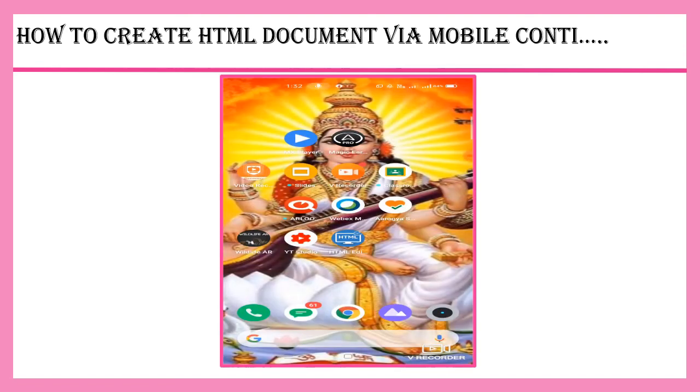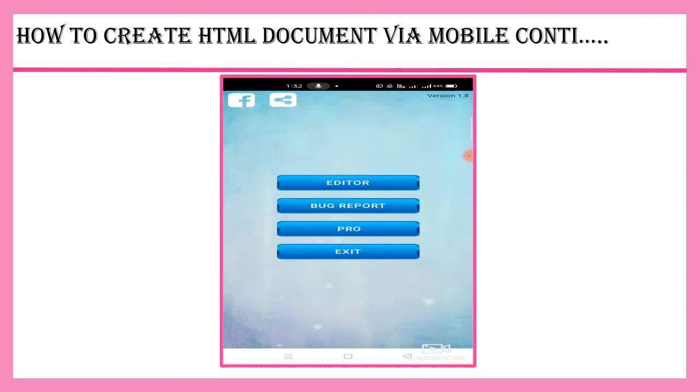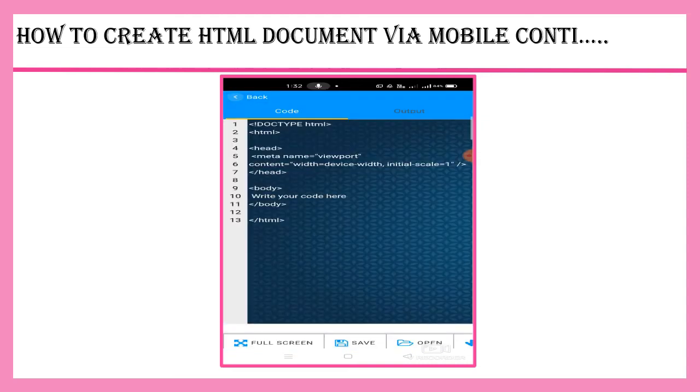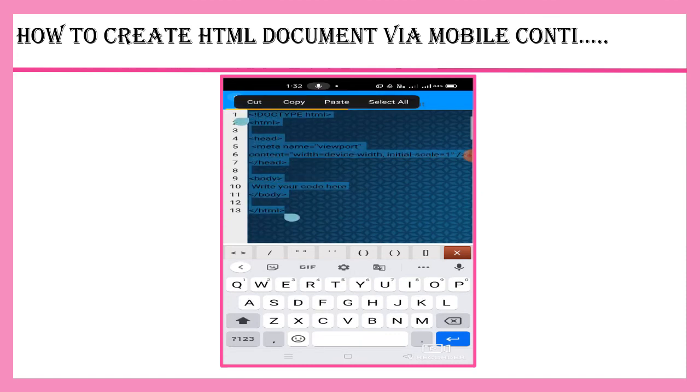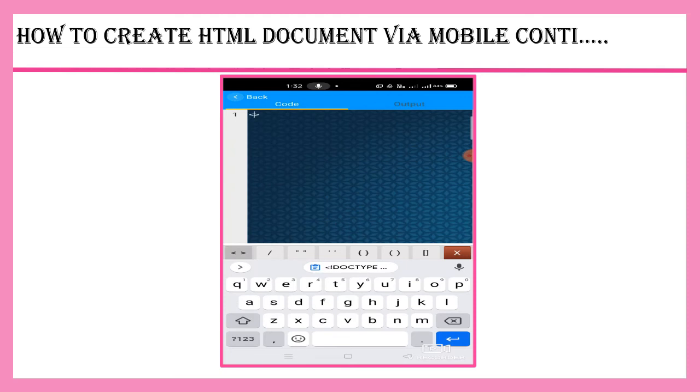In order to create a HTML document in your Android mobile, as I said earlier, you have to install the HTML editor from the Play Store. Now select the app. Are you able to see this screen? Select the editor. By default, it is showing this coding. Select this and erase this, children. Now you can create your own HTML document. Every HTML document should begin and end with the HTML tag. Now here I am not going to give the head tag and title tag. Directly I am going to give the body tag.